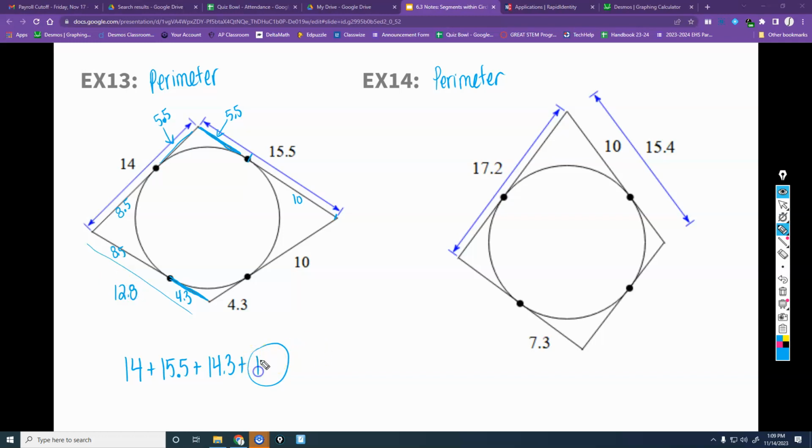And so then if I'm looking at perimeter, I've got 14 plus 15.5 plus 14.3 plus 12.8. And that is going to give me 56.6 right there. So that would be my answer. 14 is going to be very similar, but we're running out of time, so I'm not going to go